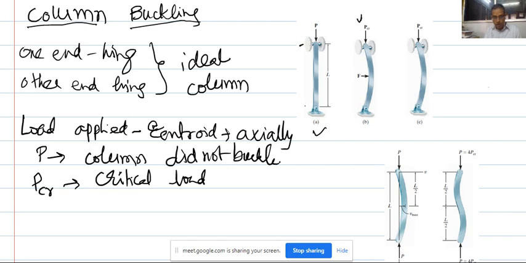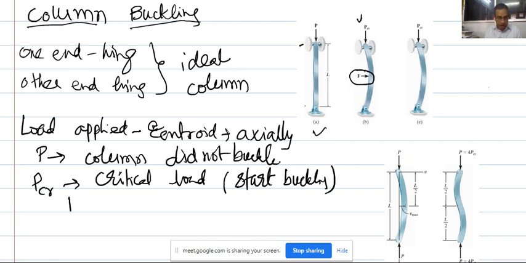Forget about this F load, what you are seeing here, it is not like that. We are not going to apply it like this, it is imaginary. At a particular point of time when I apply a load PCR, the column starts buckling, right? That load is called the critical load. So, it is the point where the column starts buckling,